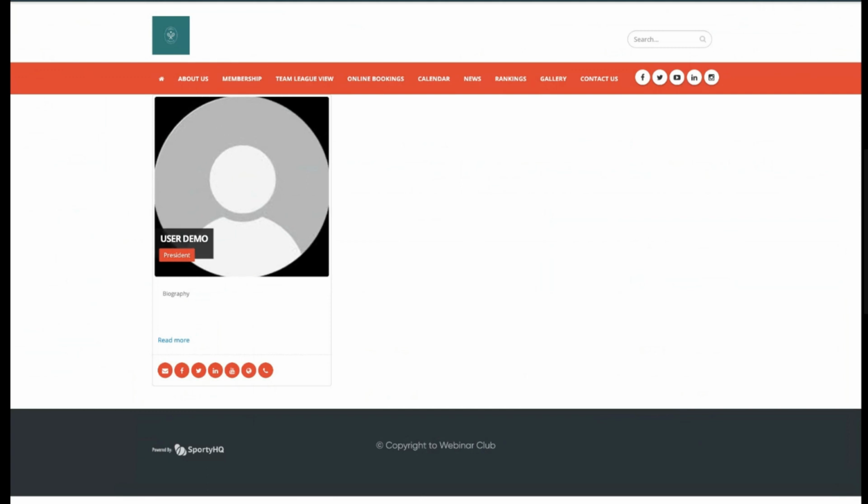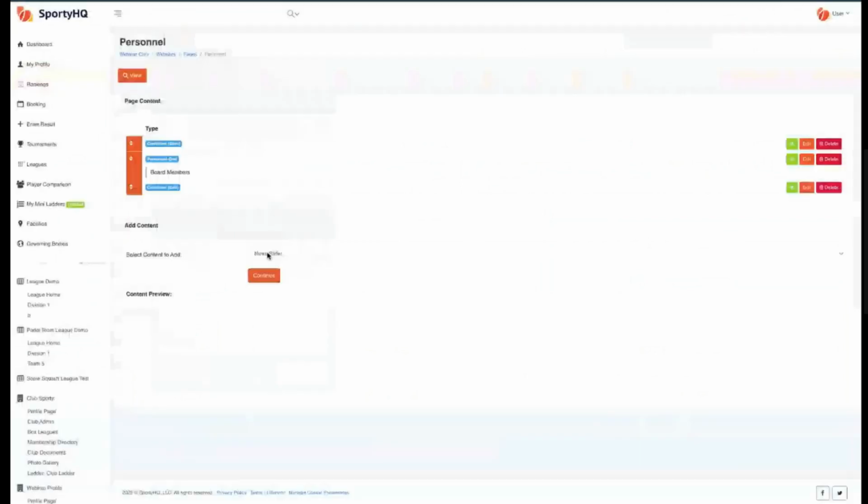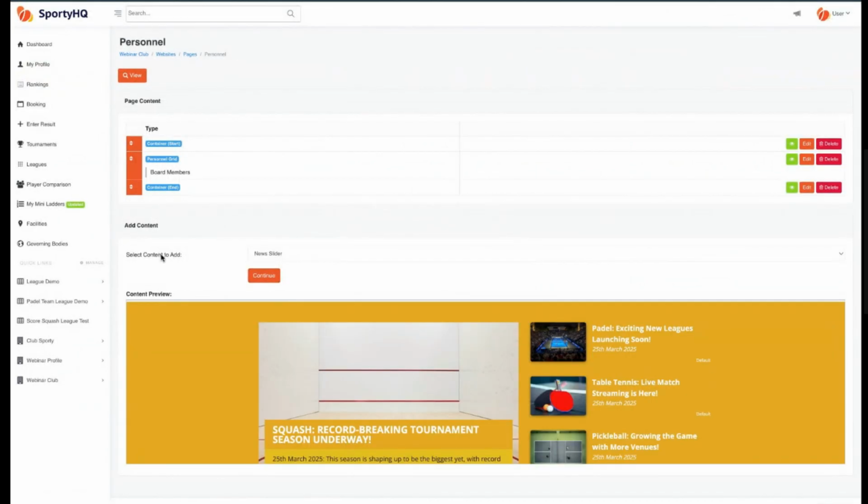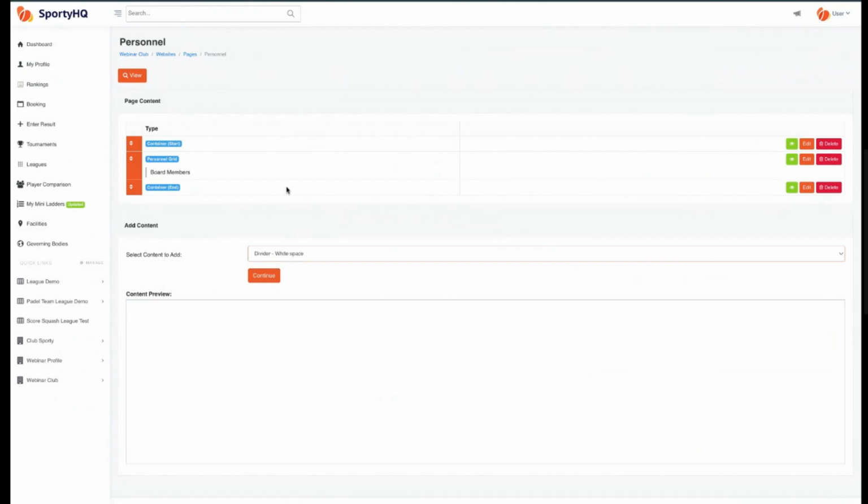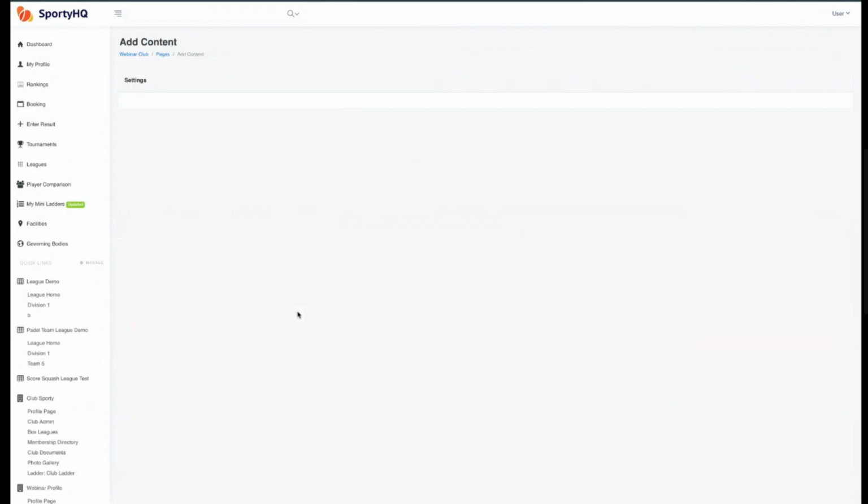It's still a little close to the top, so as an example, let's go back, and then we'll do one more. We'll go content to add, we'll scroll right to the bottom, and we'll do divider, white space, right? So it's going to add a little, and again, you would typically do it between content blocks, but we're just going to do it between the main menu and the block that we just added. So I'm going to add divider, white space in,